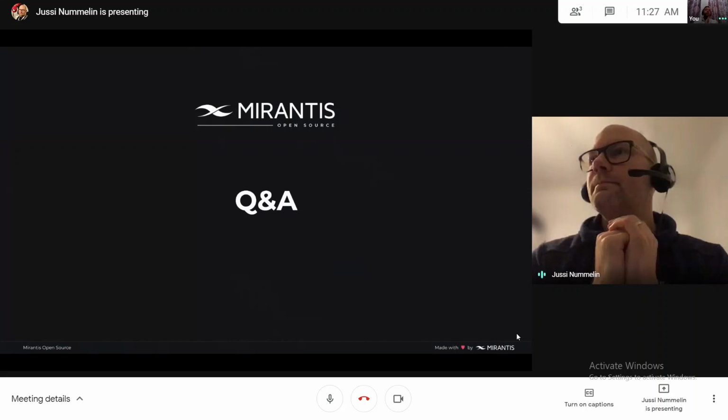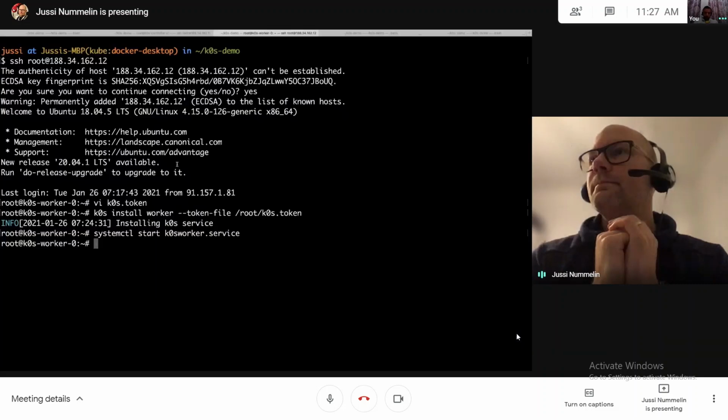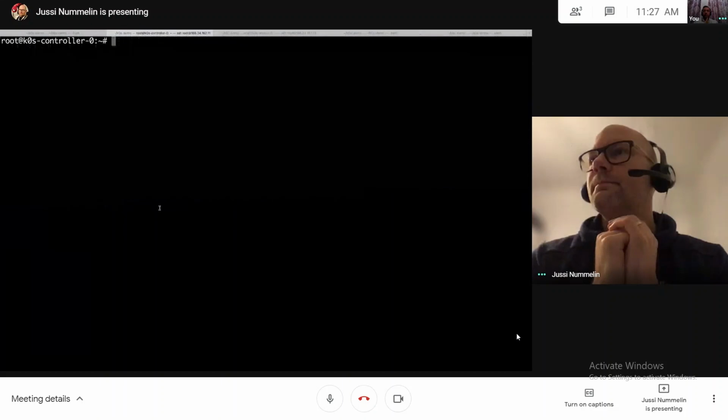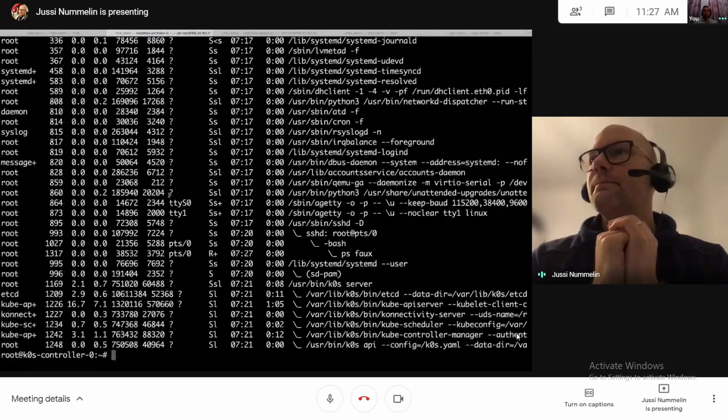that is basically coming from the fact that we want to have the control plane stuff isolated from the cluster. So on the controller node, if I go to this controller node that I created and use this standard ps, for example, you'll see that the k0s server process, when it starts, actually creates, spawns and manages these other components as plain Linux processes. So I don't have any containerd or Docker or kubelet or anything running on this controller node.